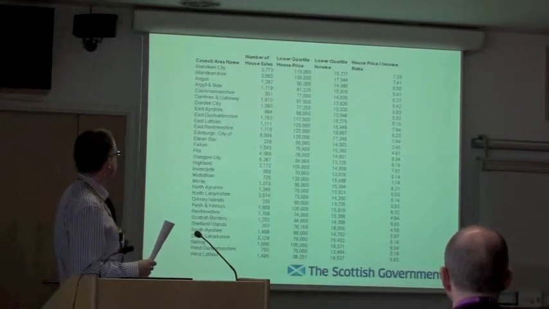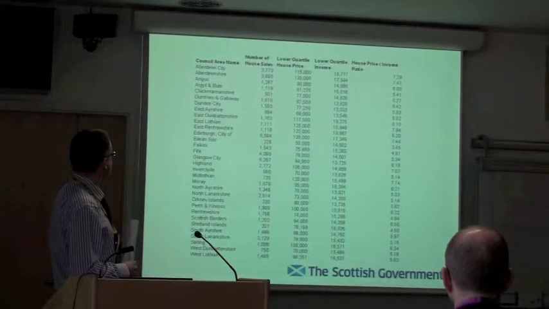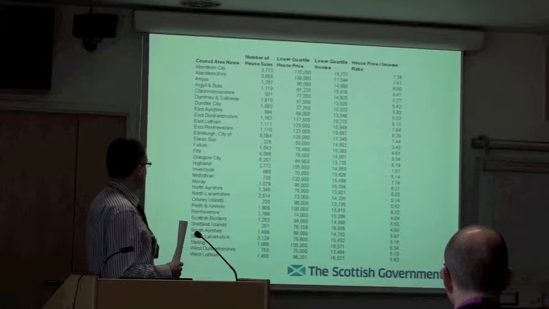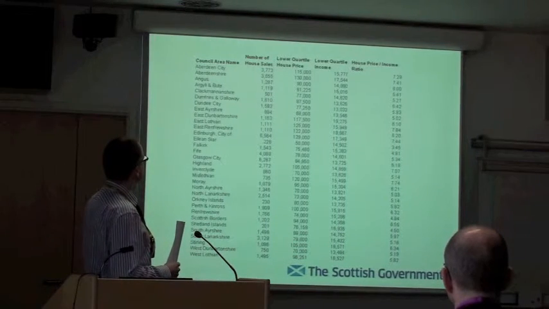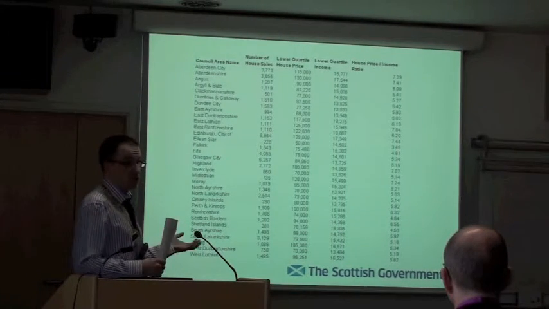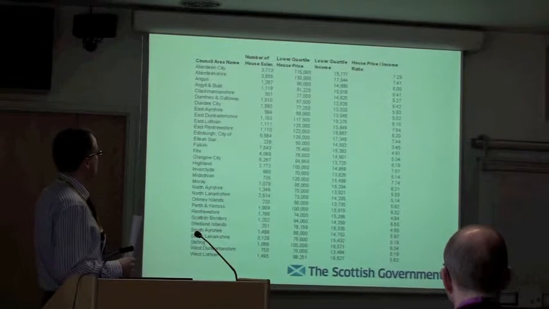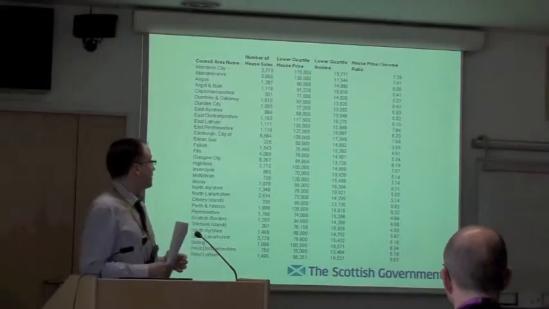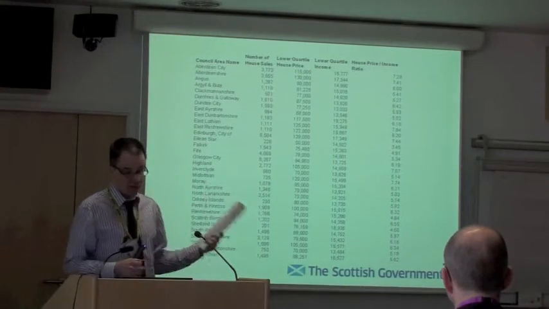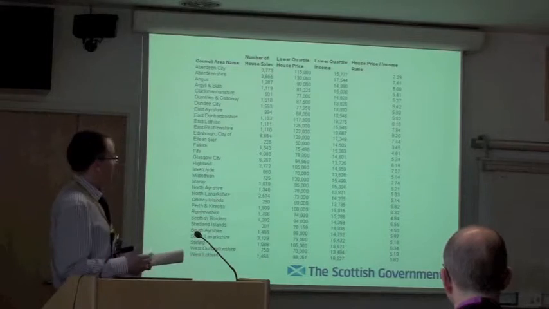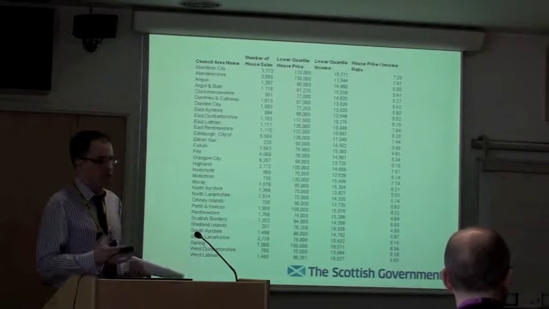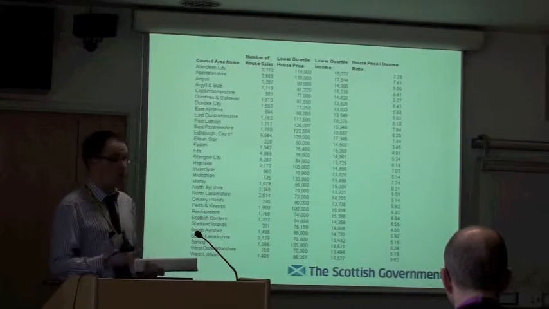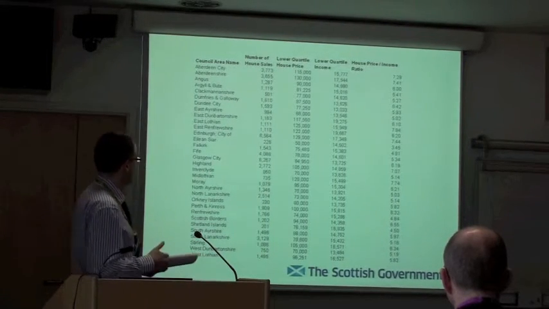That's one of the base spreadsheets there, which has council area name down the left, and the number of clean house sale transactions in the next column. Then we've got lower quartile house price, lower quartile income, and the house price income ratio. That lower quartile house price to lower quartile income is essentially the entry level first time buyer metric that's often used to determine whether an area is affordable or not to a first time buyer without